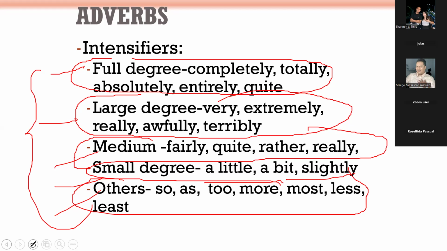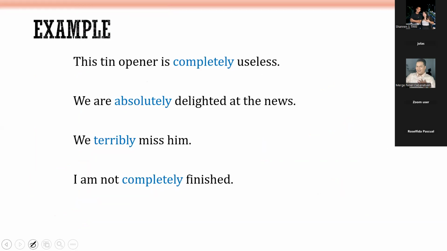So I noticed that most of your sentences, okay? I mean, kung may makita man ako sa list, siguro one or two sentences ang may error. Why? Because you used the intensifiers to describe adjectives instead of adverbs. Okay? Well, ikaw na perfect mo, Blake. Ikaw yung naka-perfect. Good job. Alright. Pero,